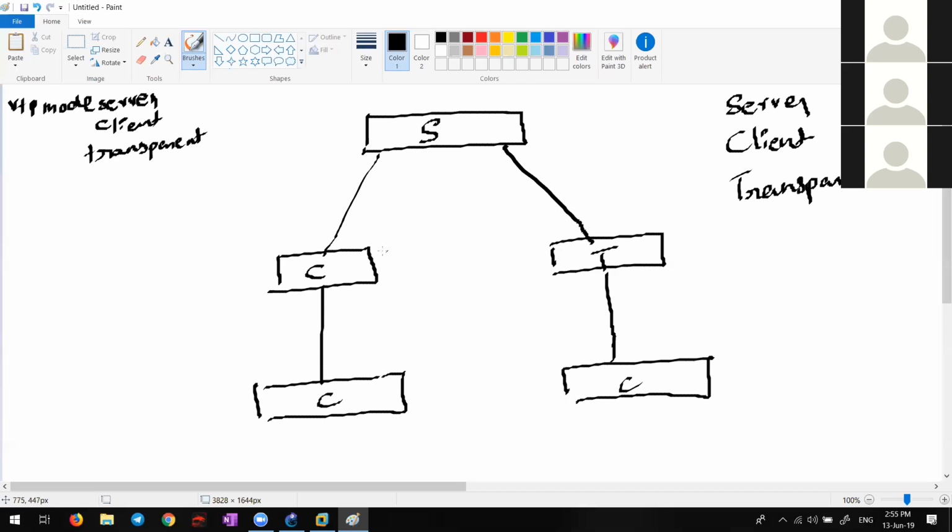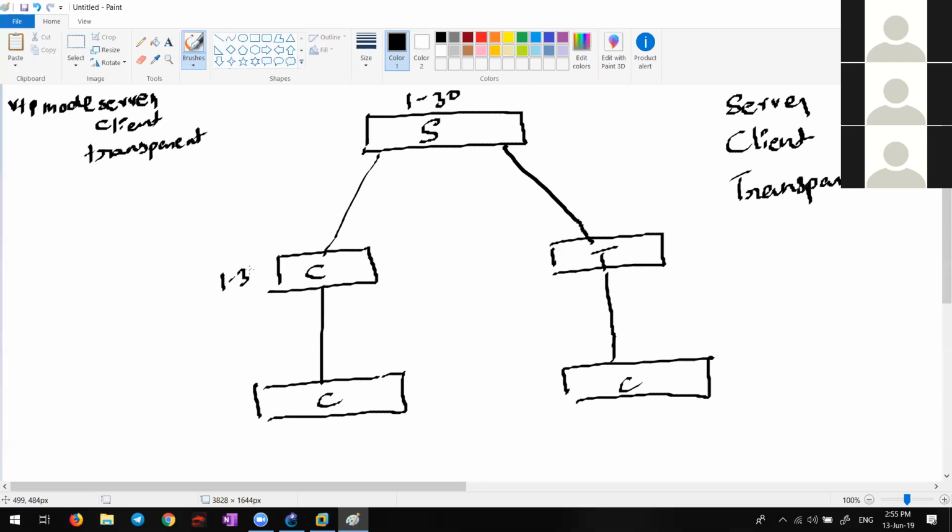So that means this will be a trunk, this will be a trunk, this will be a trunk, and this will also be a trunk. Once this much is configured, let's say I want to create 50 VLANs or 30 VLANs in my network. I'll only create VLAN 1 to 30 in this switch.